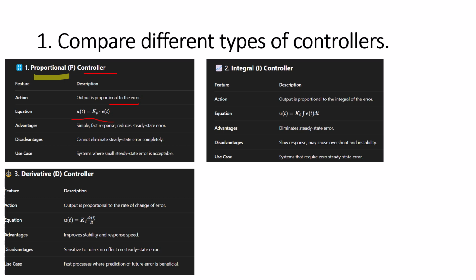Okay, the advantages are simple, fast response, reduced steady state error. But the disadvantage or limitation of proportional control is that it cannot eliminate steady state error. So if I want 15 degrees Celsius but from the start it gives me 48 degrees Celsius, it does not eliminate the steady state error. So for eliminating this error, we